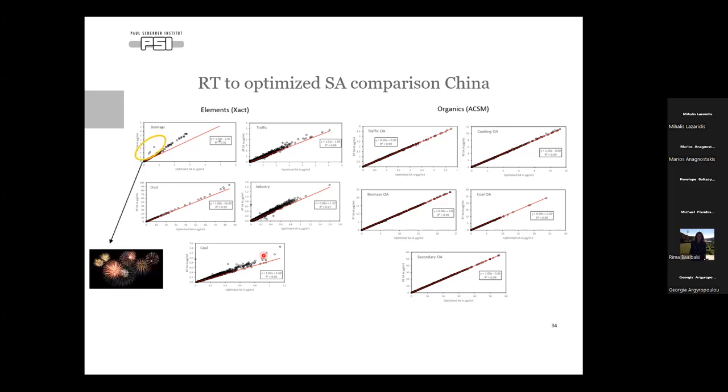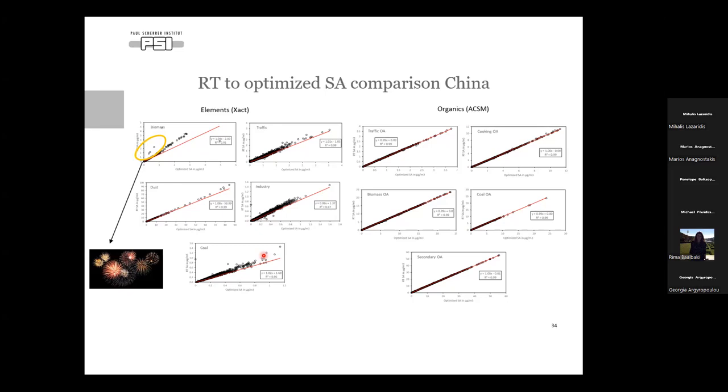So we see some outliers, for example, here in the biomass, and these outliers, we found out, represent firework events that the real-time model misinterpreted as biomass. And this is the problem for the real-time, that we need to set it more or less for a base case or for an average case. And sources that are not expected are not so easy to set it up for.